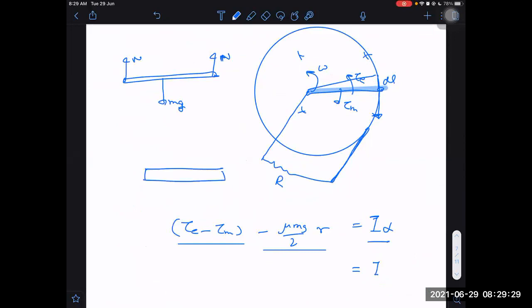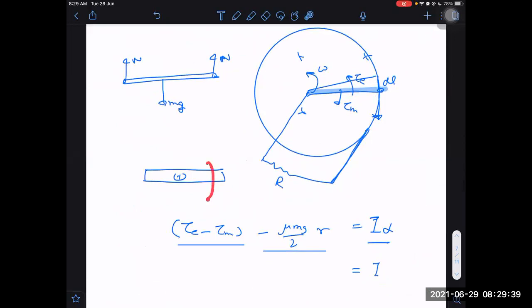Why? Now imagine the same situation. Because here, first of all, I'm not interested in motion in this direction. I'm interested in which motion? I'm interested in the motion due to which angular acceleration is there, right? This side motion, even if it is gaining motion this side, what is the angular acceleration because of this motion about point P? Angular acceleration will be 0 due to radial motion. So that is not contributing towards any angular acceleration. That is not contributing towards anything, right? So therefore, there is nothing wrong in this. This equation is still right.